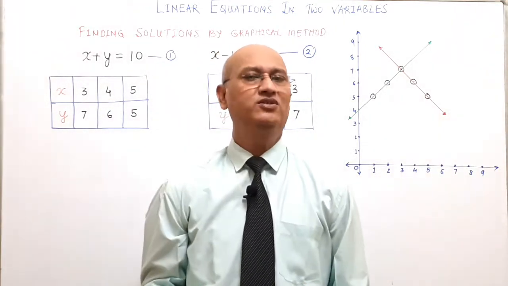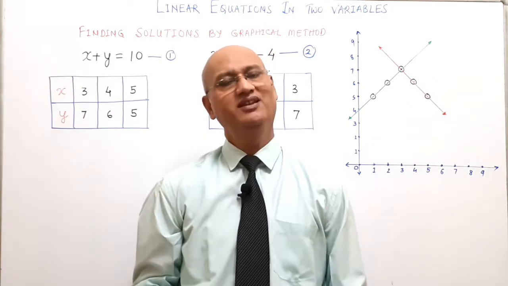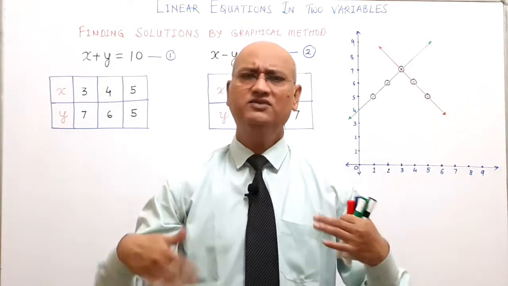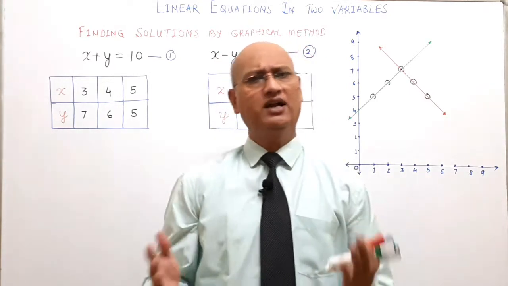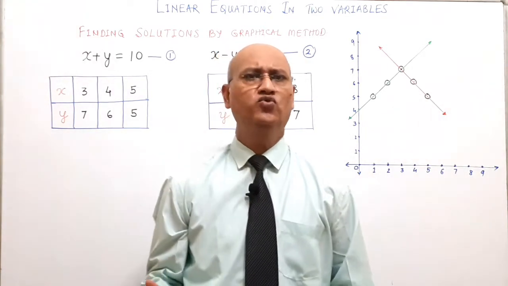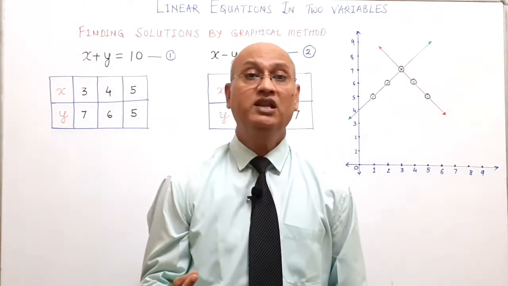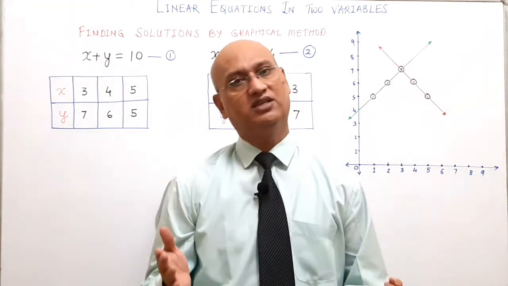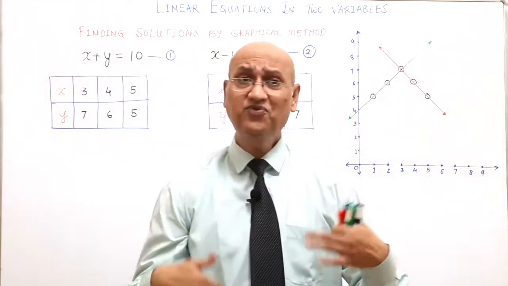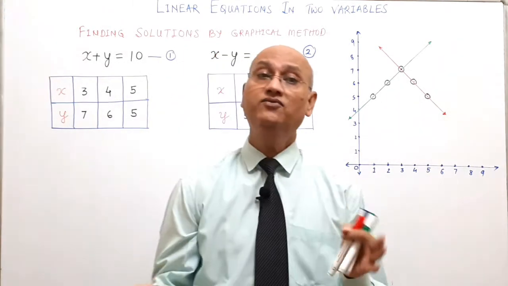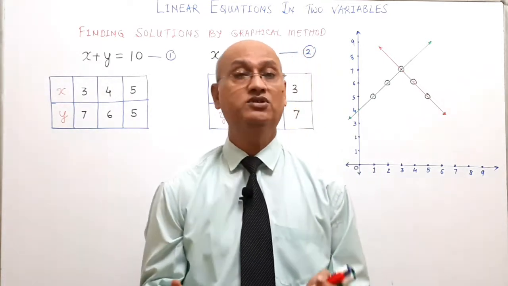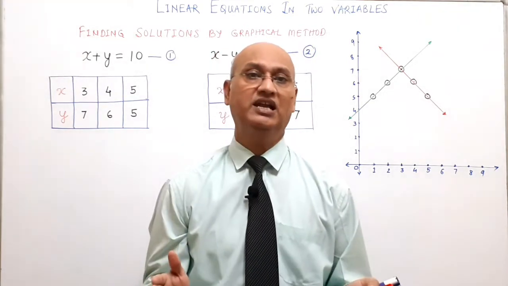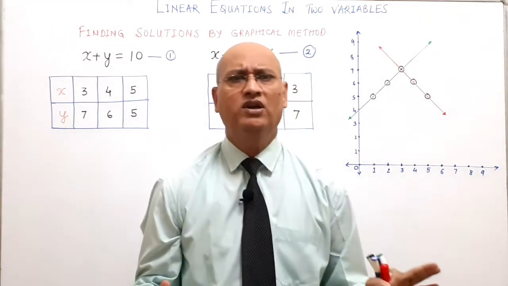Now this is the second video on the chapter linear equation in two variables. In the previous video, I just want to revise point-wise. We have studied about the linear equation in two variables. First thing you should know: it has infinite number of solutions. If we take three solutions and draw a graph of them, the graph of a linear equation in two variables is always a straight line. This concept we have already studied.